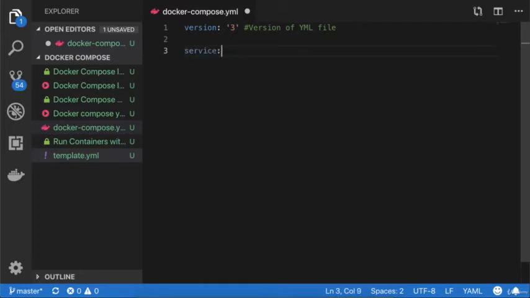We have seen the file template in the last lecture, right? Inside services, I will define my first service. Suppose I name my service db, then put a colon. After this, I need to define the image, so I will use mysql:5.7. This is your image name and this is your image version. So I'm using MySQL 5.7.